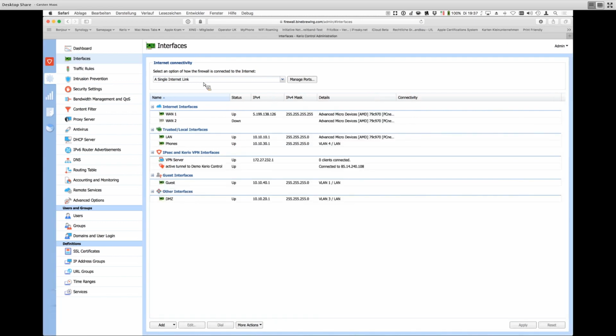Now I switch back to my Kerio Control on Fine Brewing. So now we have a tunnel connection, a site-to-site tunnel between two Kerio Controls. Now I show you how you can establish a connection to your Kerio Control with the Kerio VPN client. You just navigate to our homepage, to the support section of Kerio Control. You can download the Kerio VPN client